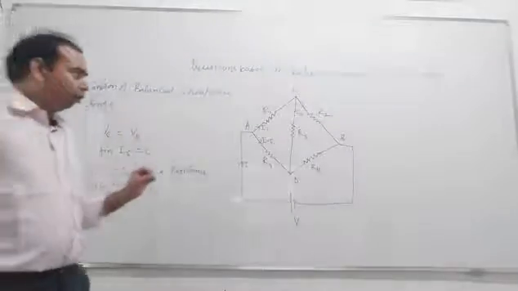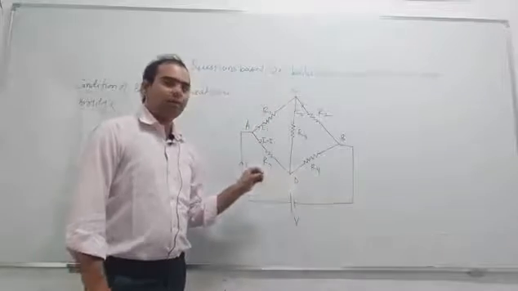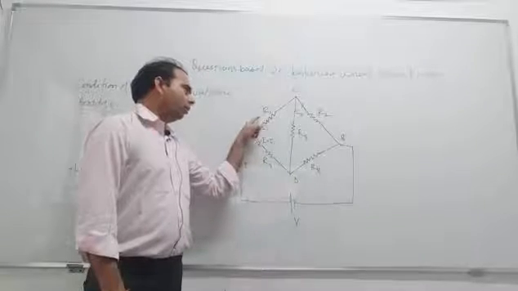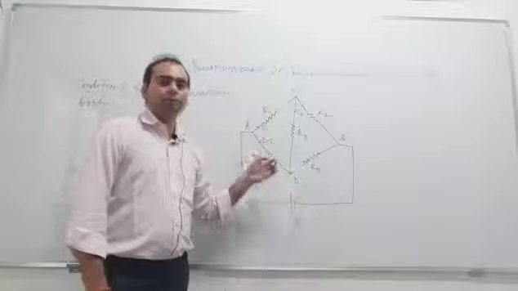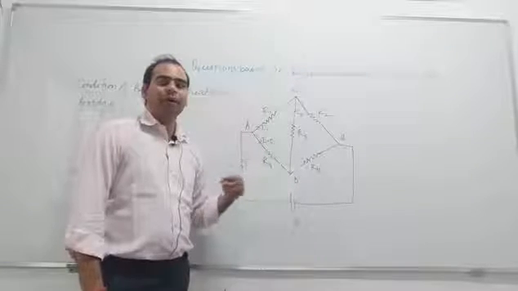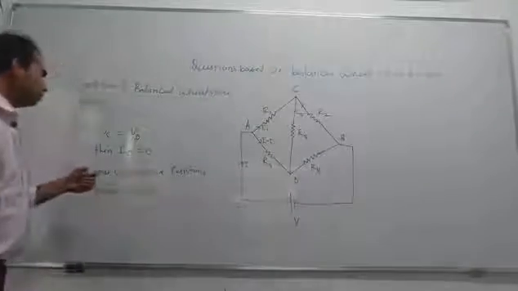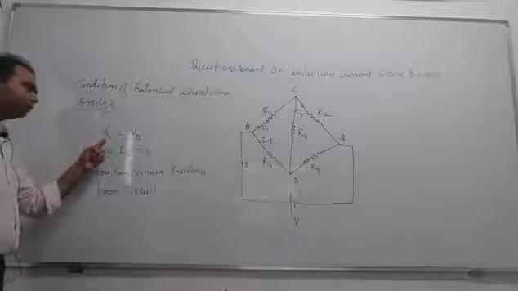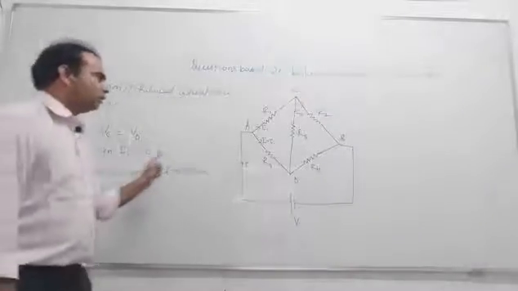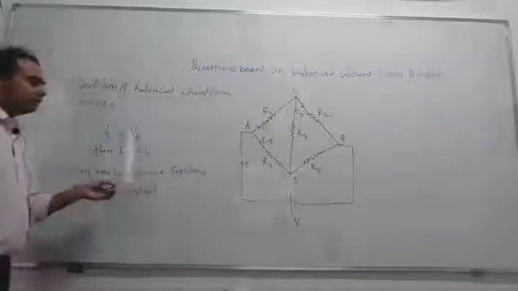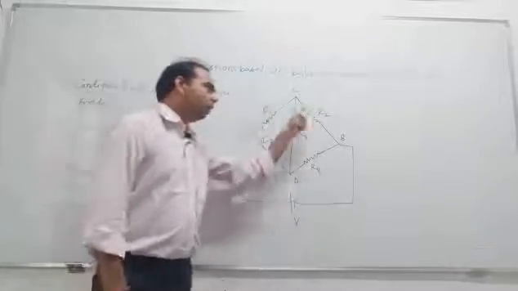But there is no information given about the potential of point C and the potential of point D. The given values are only the resistances R1, R2, R3 and R4, right? So with the help of these resistances, how can we determine whether this bridge is balanced or not? The condition of a balanced bridge in terms of the potential of the points is that the potential of point C is equal to the potential of point D, and the current in this resistor becomes equal to 0, and the same thing we can determine with the help of the values of resistances R1, R2, R3 and R4.